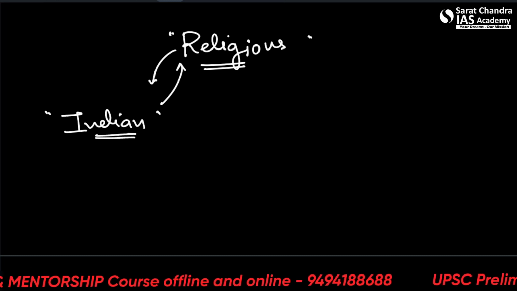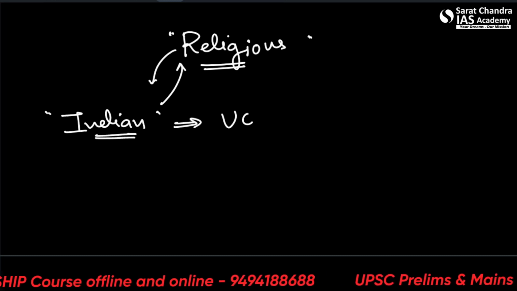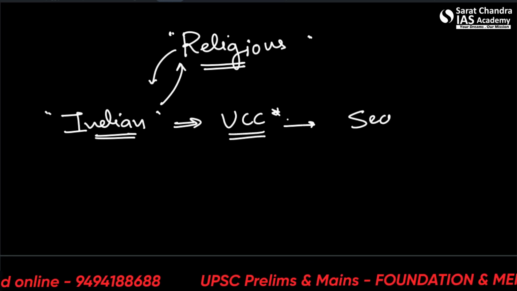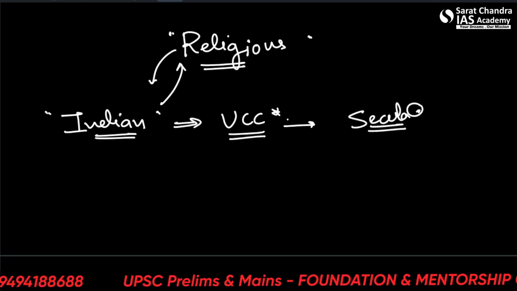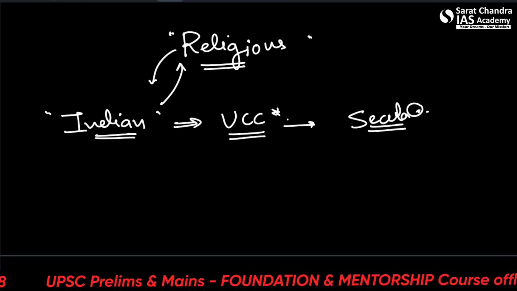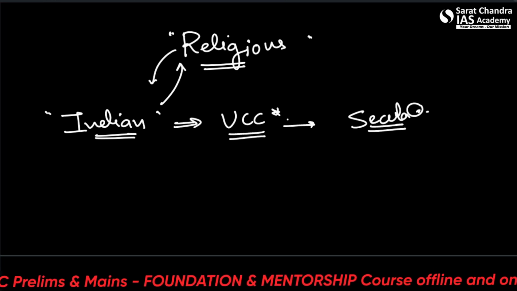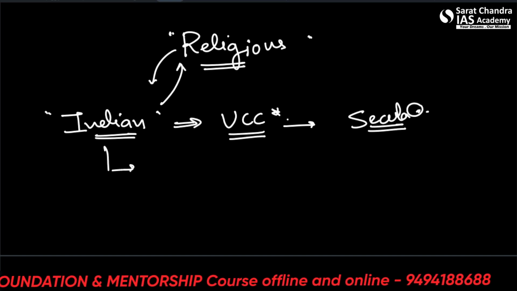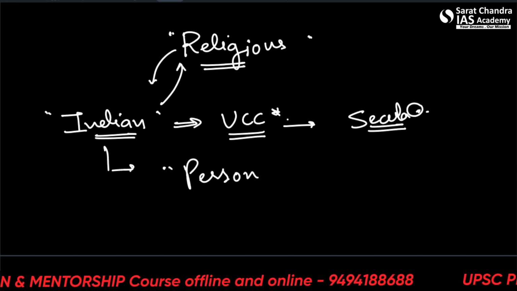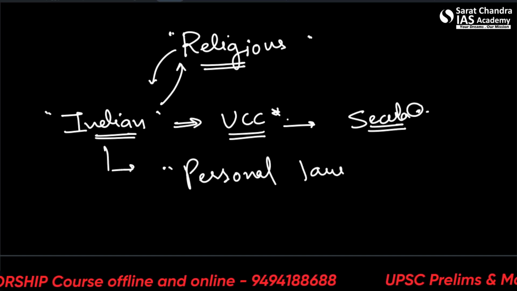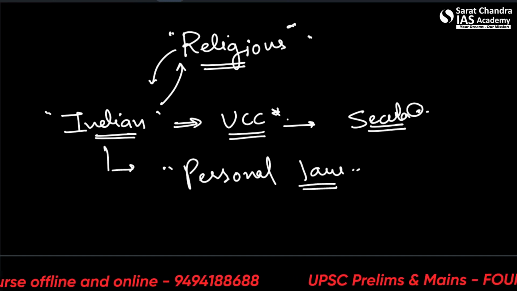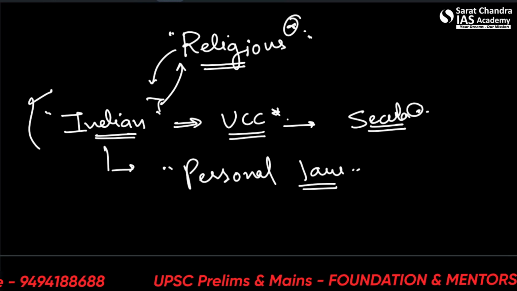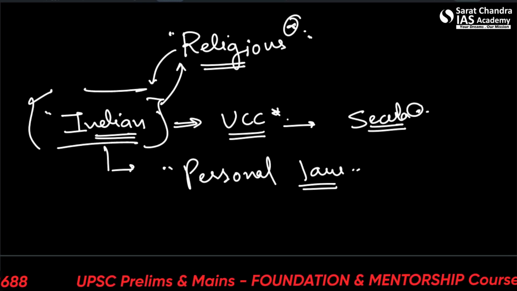Moreover, upon implementation, UCC will enforce the secularism that the country is based on, which it follows. So it would also reduce the communal and sectarian conflicts that arise due to different personal laws. So no more personal laws. Our religions can be different, our thought processes could be different, but in the end, this is the identity that we must create for ourselves.